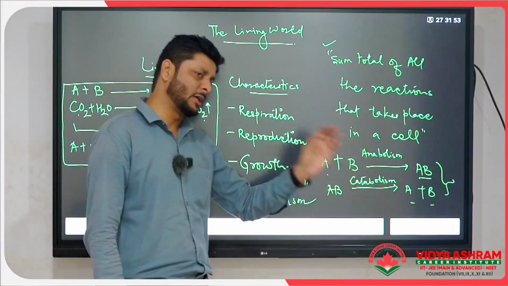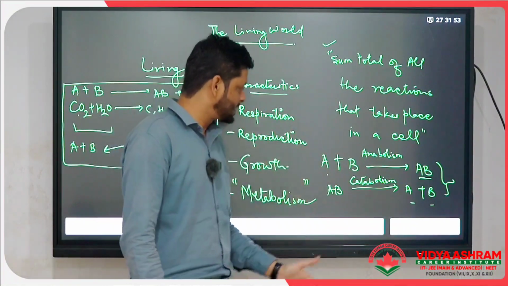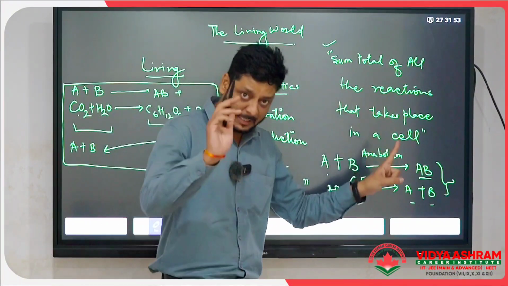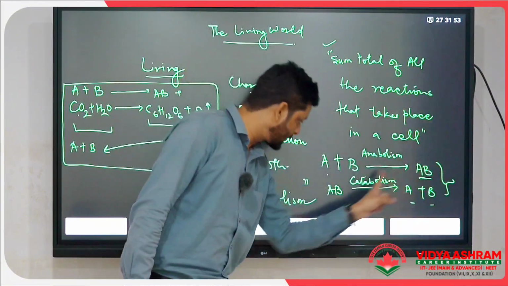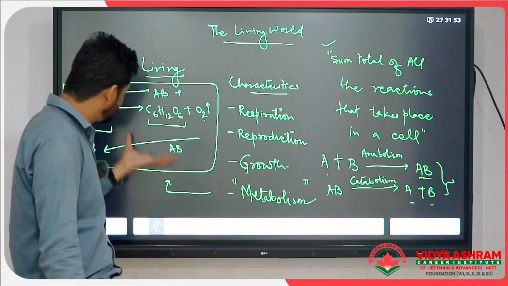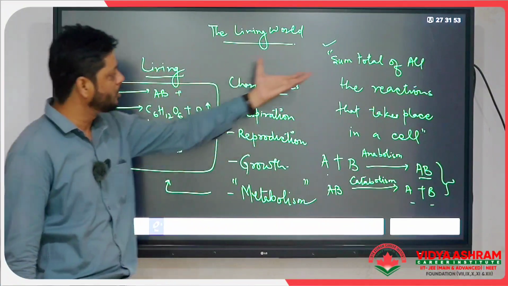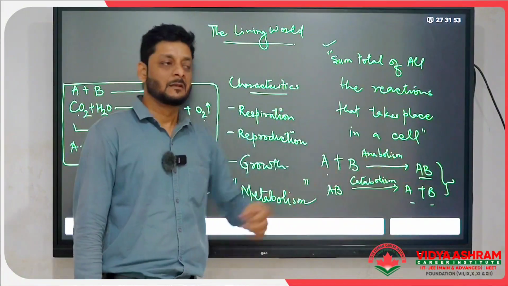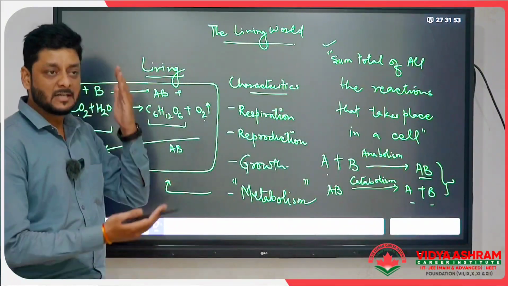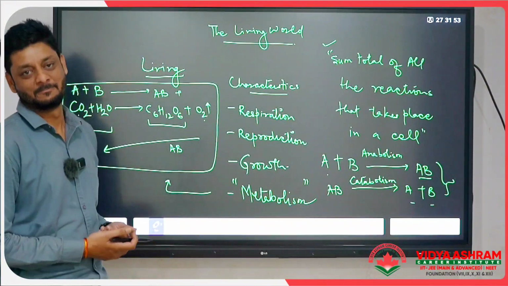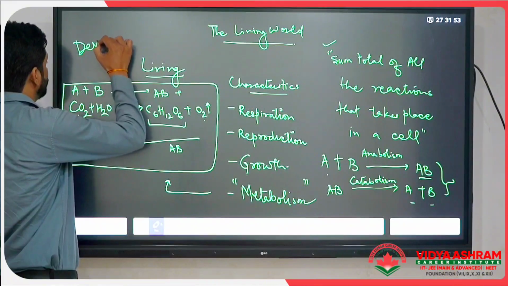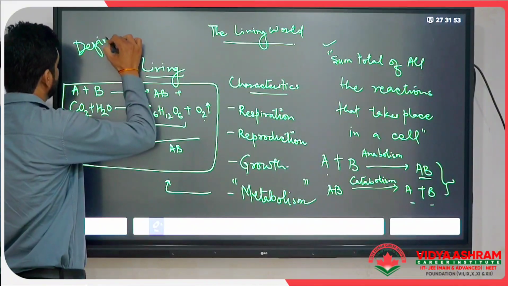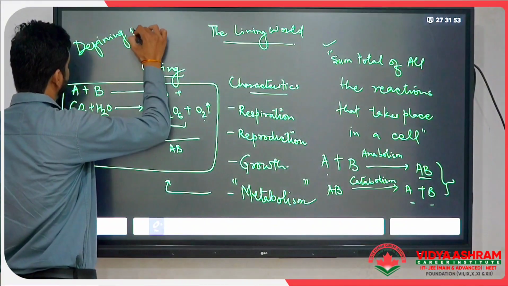Why can metabolism not happen in a test tube? Because in a test tube, at a particular time, either anabolism takes place or catabolism takes place. But metabolism is a simultaneous reaction, the sum total of all the reactions. So metabolism is a defining property of the living. That is a very important point of today: you have to understand the defining property